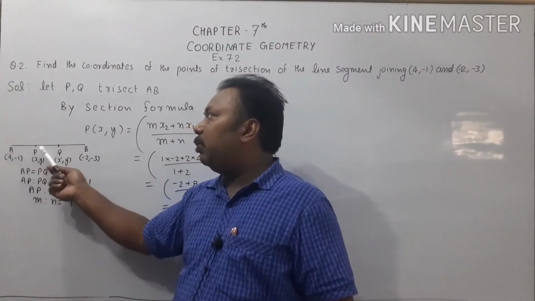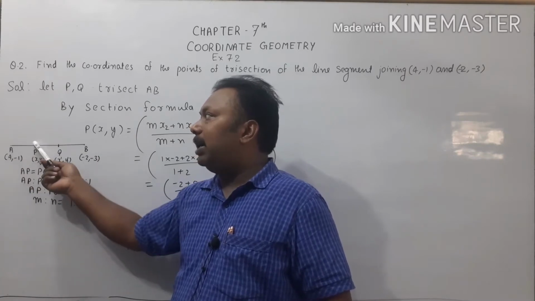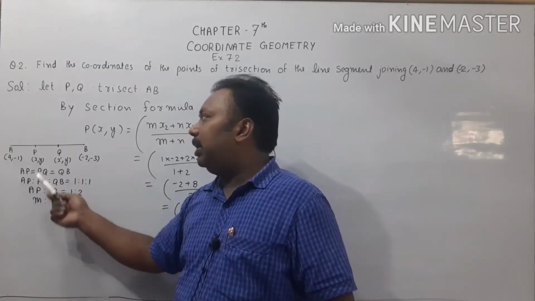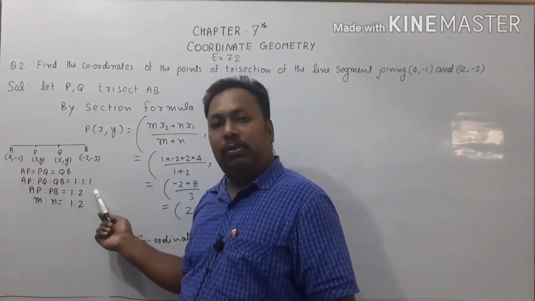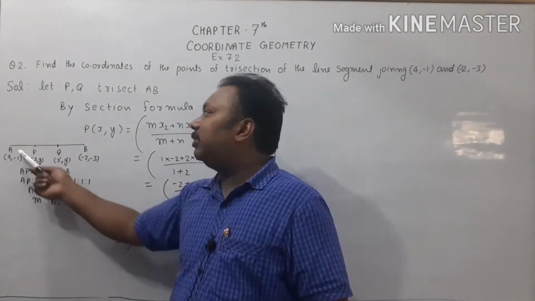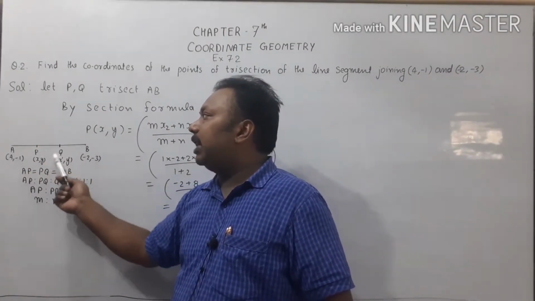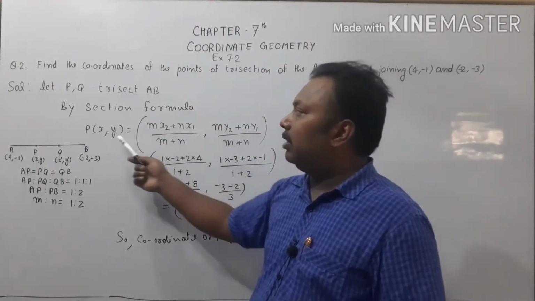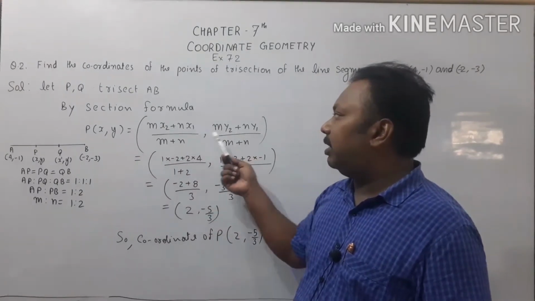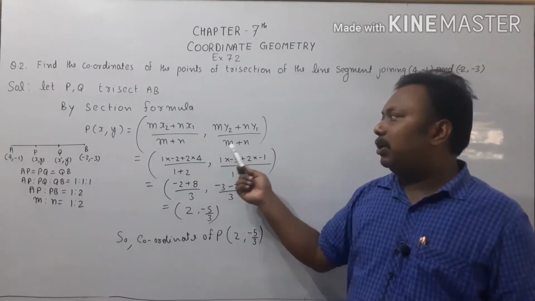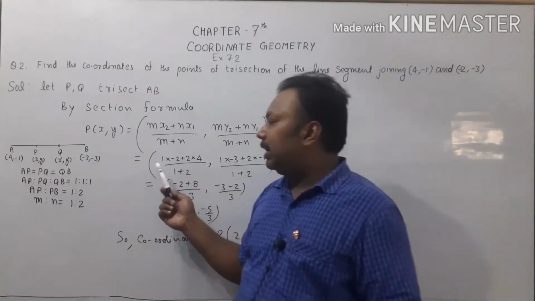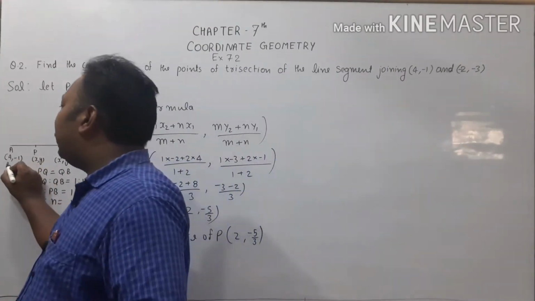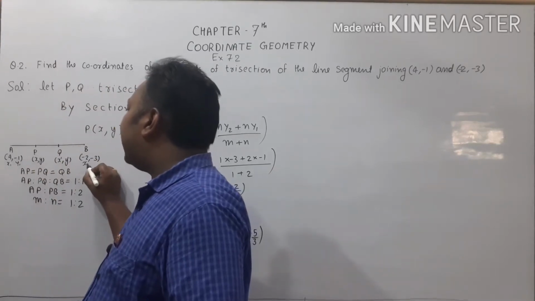अब AP रेशियो PB, अगर AP का रेशियो मैं लेता हूँ ये 1 पार्ट है और P से B तक अगर आप देखो तो कितने पार्ट हो गए, 1 और 1, 2, तो AP रेशियो PB इज़ 1:2, सो दैट इज़ इक्वल टू m/n. इसी को हम लोग ले लेंगे m और n. तो इससे हम सेक्शन फॉर्मूला लगा के P के कोऑर्डिनेट को निकाल लेंगे. तो बाई सेक्शन फॉर्मूला P(x, y) इक्वल टू (mx2 प्लस nx1) अपॉन (m प्लस n), (my2 प्लस ny1) अपॉन (m प्लस n). वी पुट द वैल्यू ऑफ m दैट इज इक्वल टू 1. The first value is x1, y1 and the second value is x2, y2.